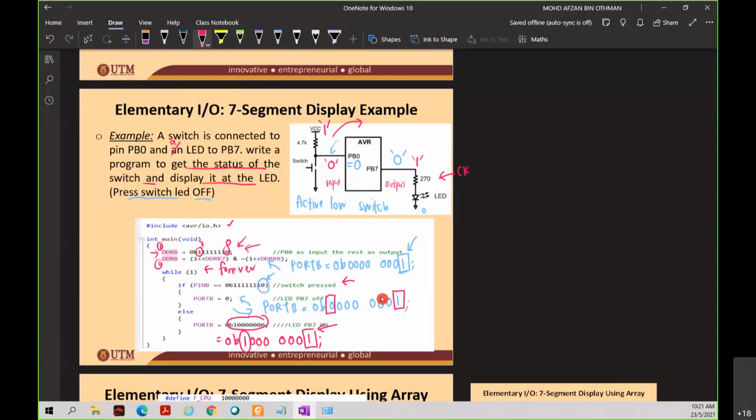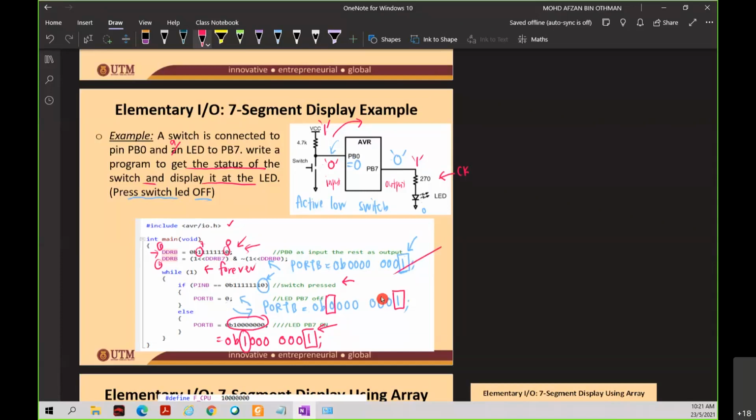Because we already made it output, by right the pin B is 0, because we are not going to have switches connected to these bits here. So how to do that? To make this one here become 1,